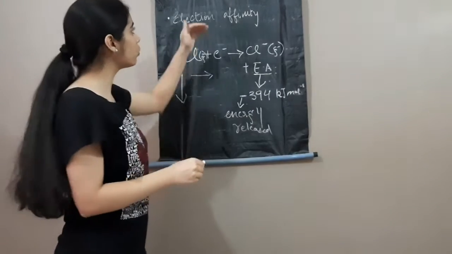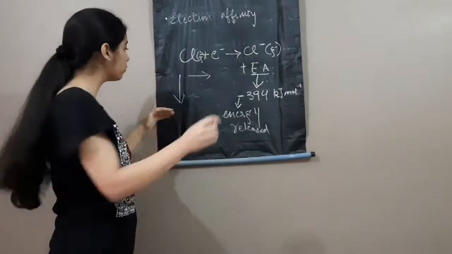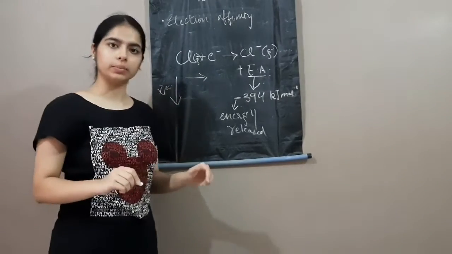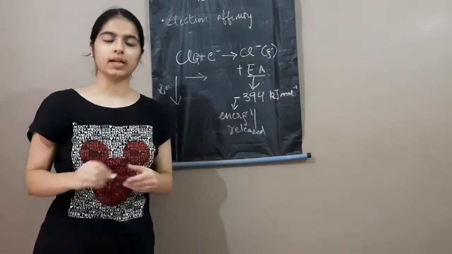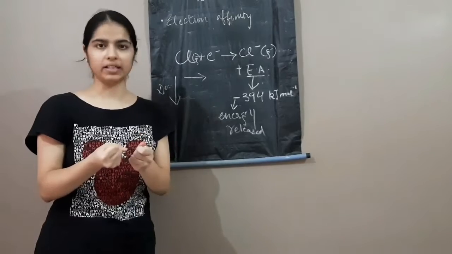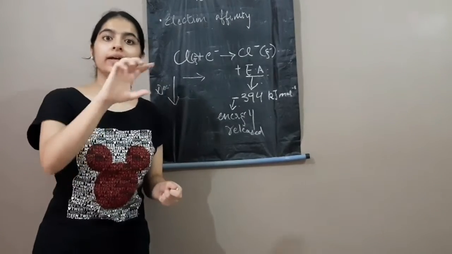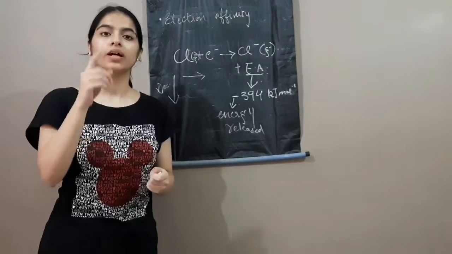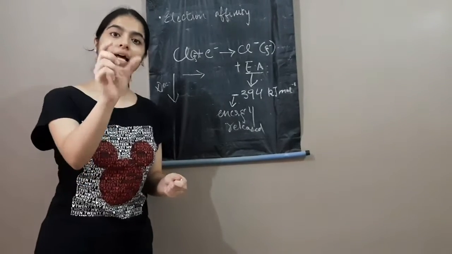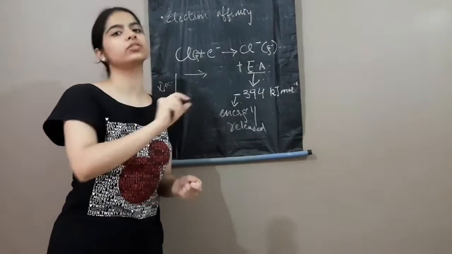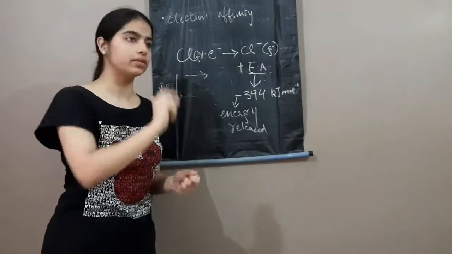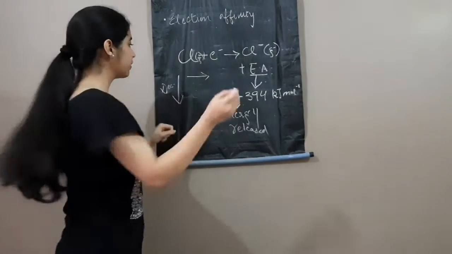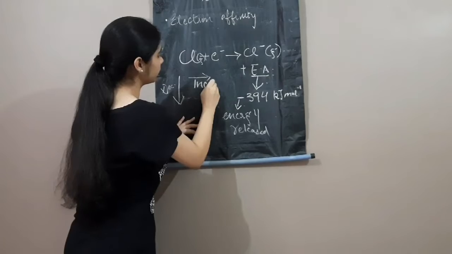So the electron affinity when we go down the group decreases. Clear? Now when we go across the period, the nuclear charge increases, so the shells are held firmly. So thereby the electron won't be able to release itself from the outermost orbit. So energy as well as that electron is given to it, that is the electron is gained. So when we move across the period, the electron affinity increases.